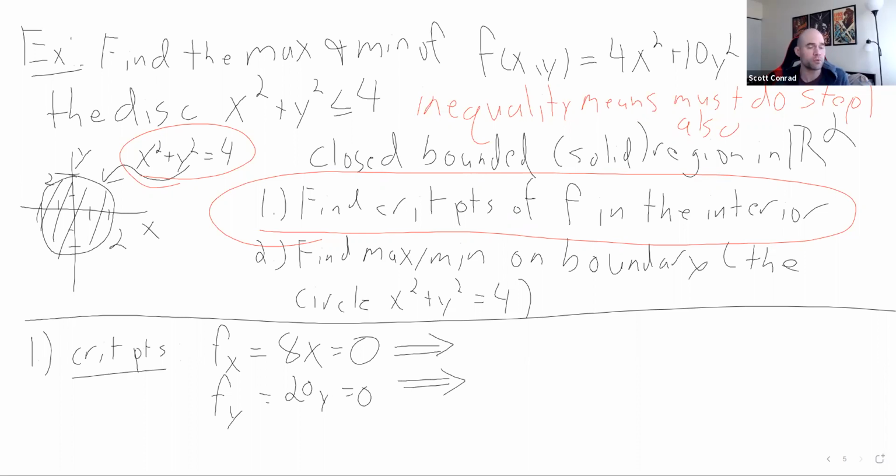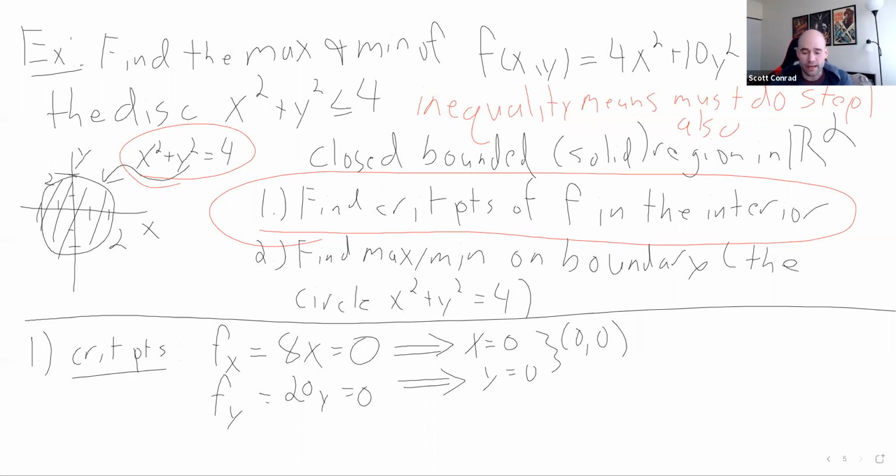What can we deduce from this? What is our critical point, or what are our critical points? Only 0, 0, right? So the first equation tells us x has to be 0. The second tells us y has to be 0. So 0, 0 is our only critical point. Remember,